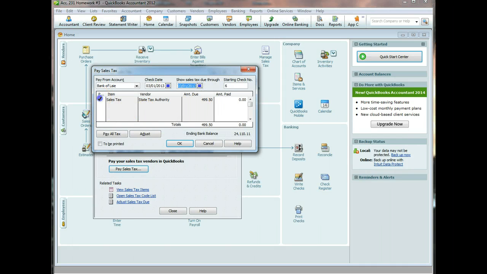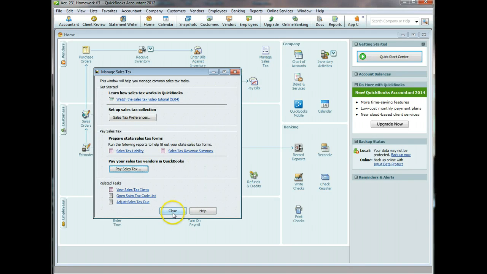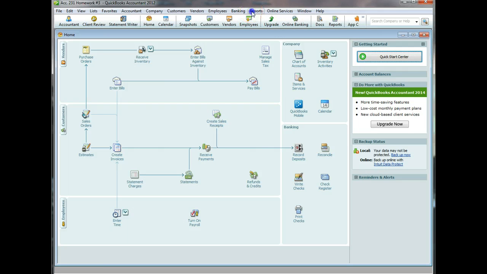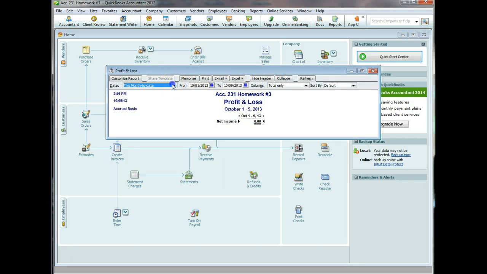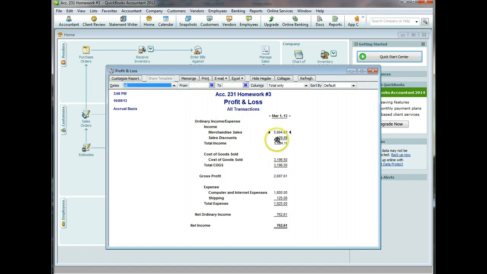And we click on it. And there's the money that we're holding. That's not our money. We collected state taxes, so now we've got to give the state the taxes that they charged. So that's done. Now if we look at our reports, let's see if we made money first. And it looks like we made